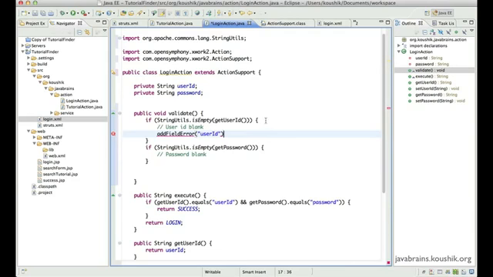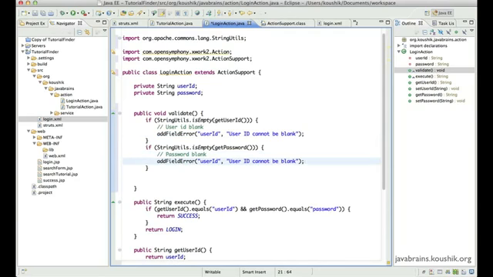And the validation message would be user ID cannot be blank. And of course, I would add a different field error in case of the password being blank. And that would be, of course, the field name password and